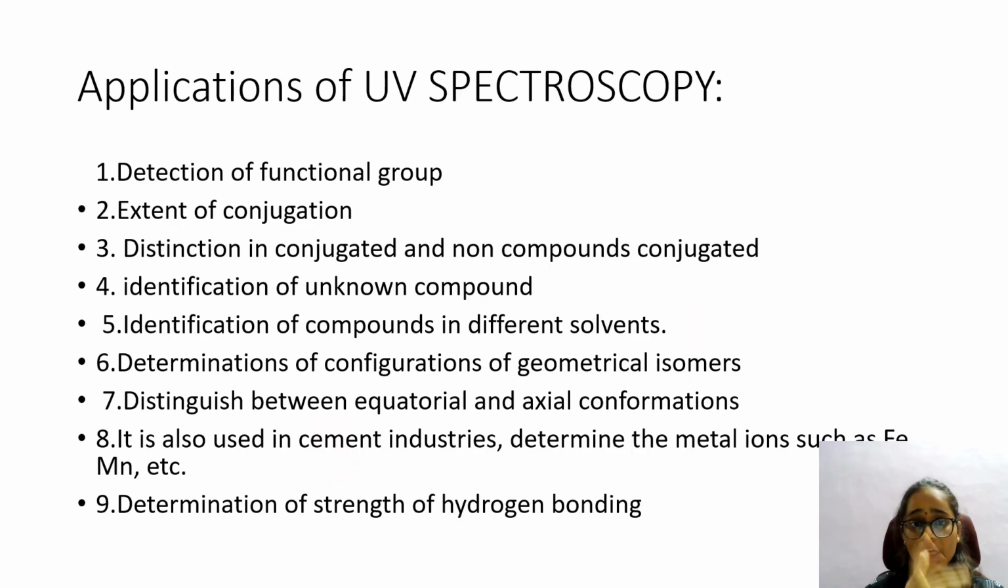Next, the applications of UV spectroscopy: detection of functional groups, extent of conjugation, detection of conjugated and non-conjugated compounds, identification of unknown compounds, identification of compounds in different solvents, determination of configuration of geometrical isomers, distinguishing between equatorial and axial conformations. It is also used in cement industries to determine metal ions such as iron, manganese, etc., and determination of